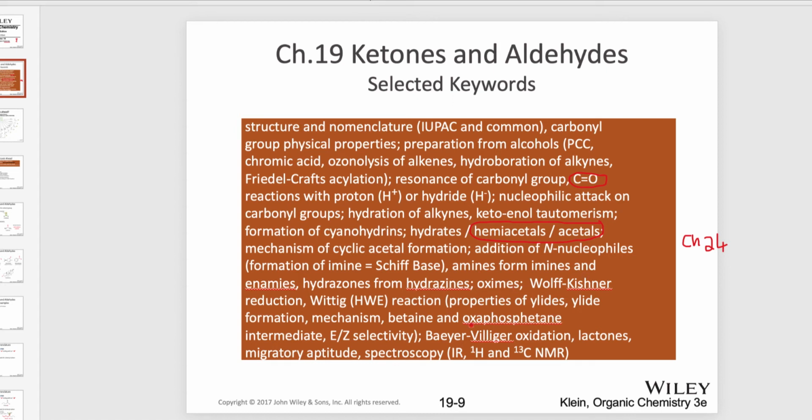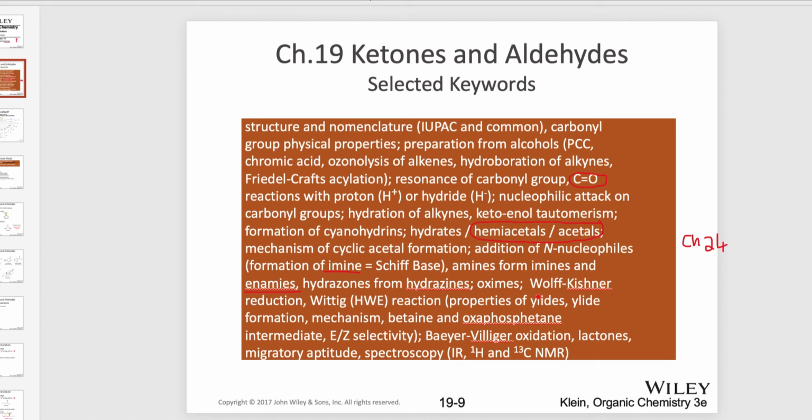We also look at mechanisms for cyclic acetal formation, and then there are nitrogen nucleophiles that can lead to imine formation, shown here, and also enamines. There are hydrazones from hydrazines, oximes. There are some named reactions such as the Wolff-Kishner reduction, the Wittig or the